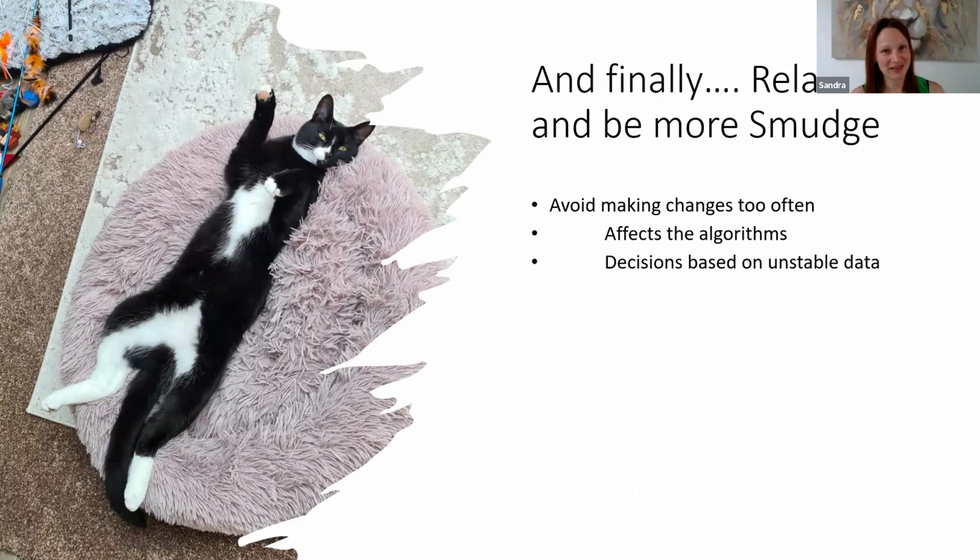Avoid making too many changes too often. If you do, it does affect the algorithm. It doesn't know where it's going, and you will also be making decisions based on changes that you don't know how they have affected the data you're looking at. So try and leave 7 to 14 days in between major changes. Don't up and down the budget constantly or constantly change the bidding strategy. It doesn't work.